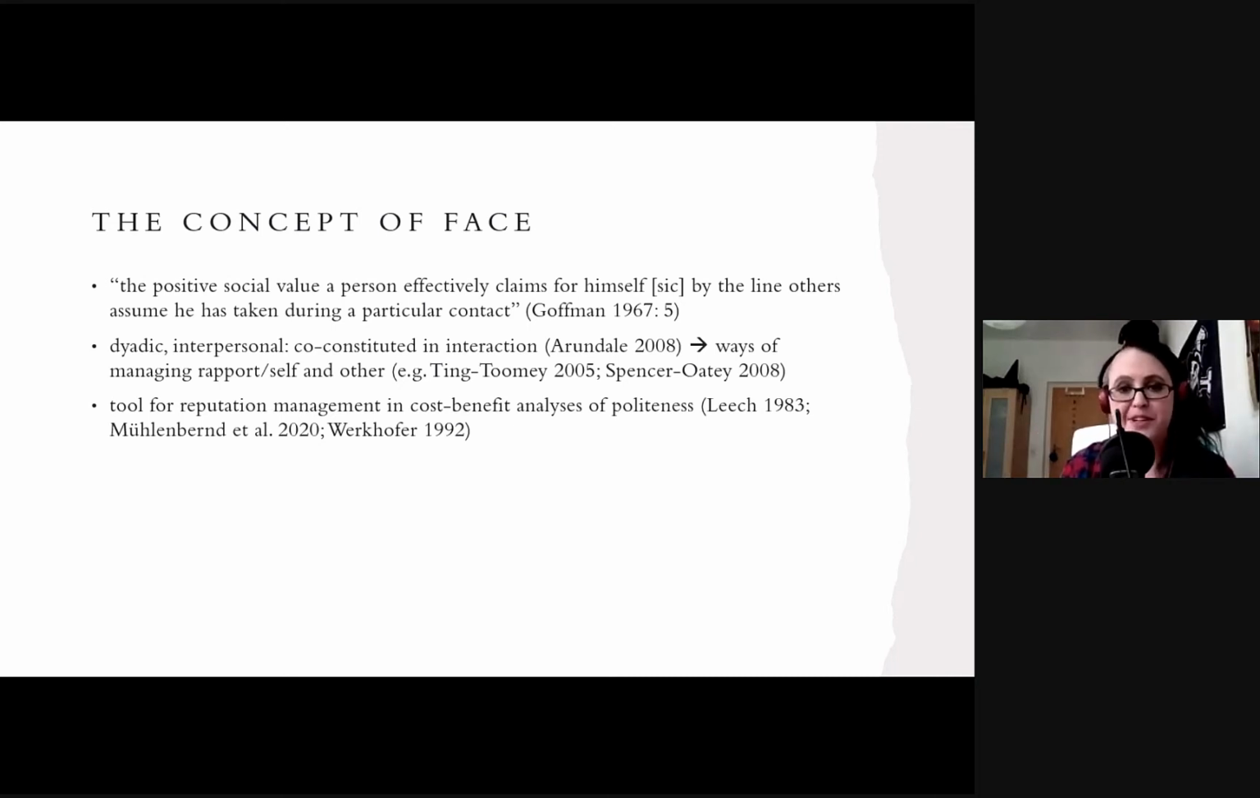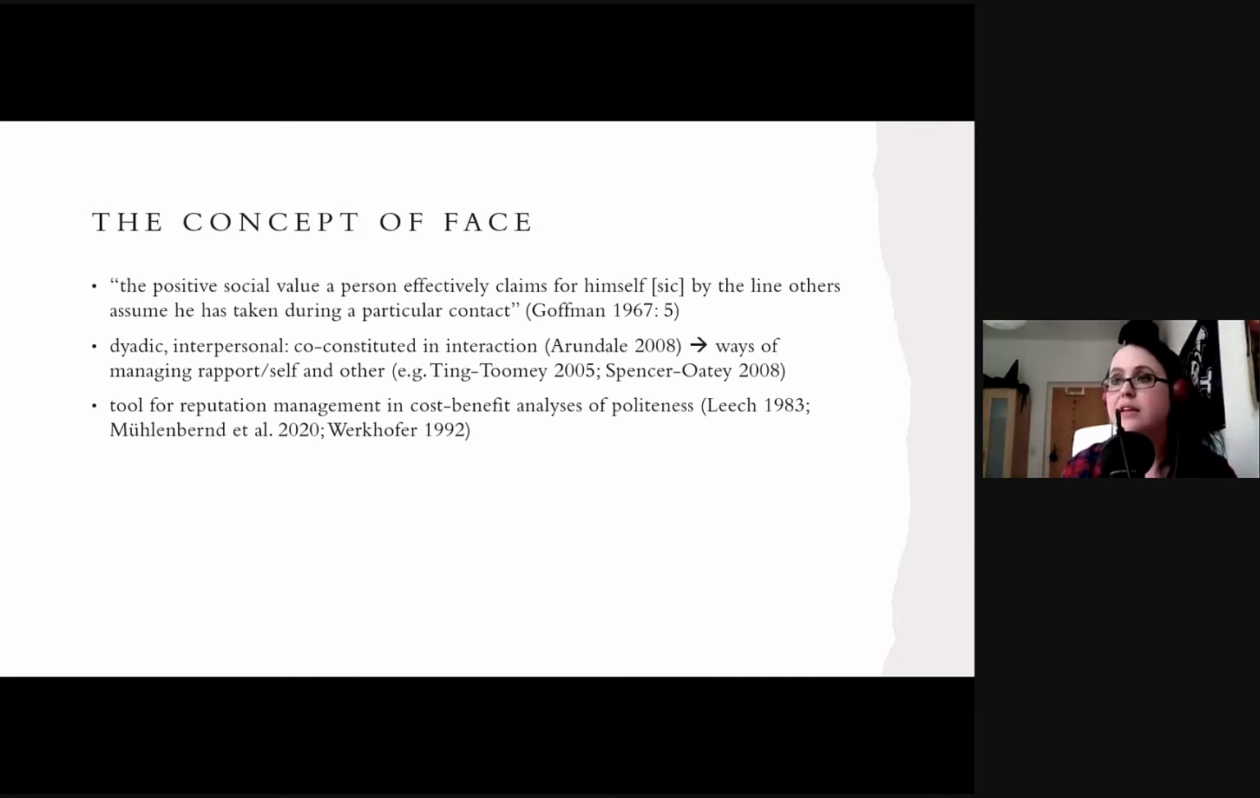That is, in simple words, face is understood as being a dyadic concept. It's interpersonal, that is, it's on loan from society. And so face can be one of the ways in which we manage rapport or self and other. And in this strong interpersonal aspect, we can also say that face requires shared intentionality to function. And so in managing self and other, face can also be a tool for reputation management in cost-benefit analysis of